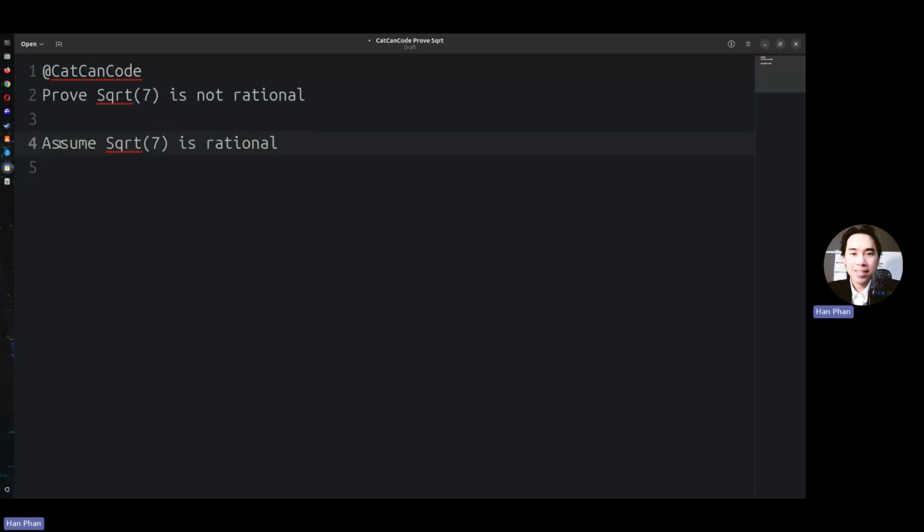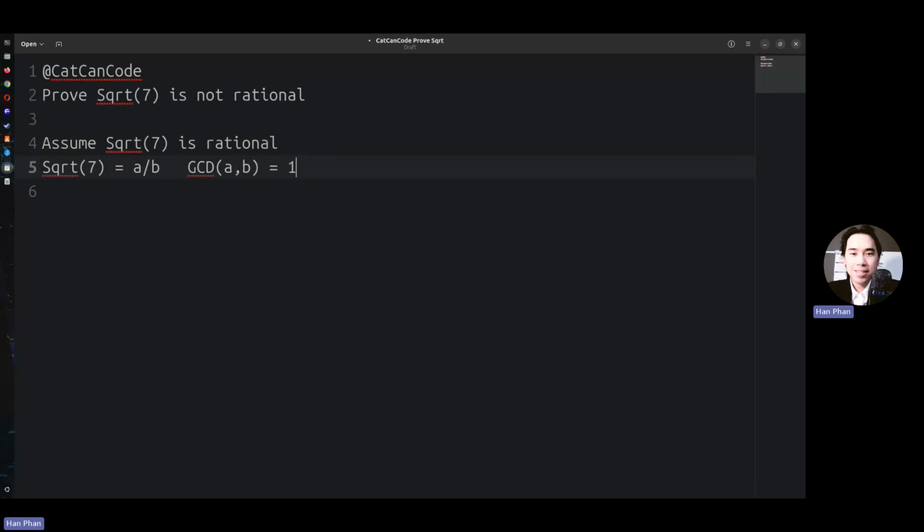So let's try to deduce a contradiction from this assumption. Because of that assumption, we're going to have square root of 7 can be written as a divided by b, where a and b are two integer numbers, b is different from 0, and the greatest common divisor of a and b is 1. Assuming that the greatest common divisor of a and b is not 1, for example, a number like 3 or 6, whatever, then we can